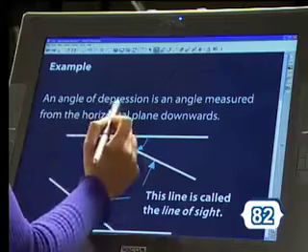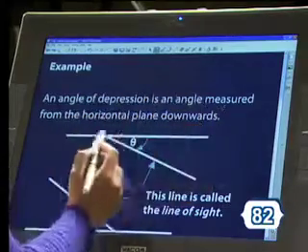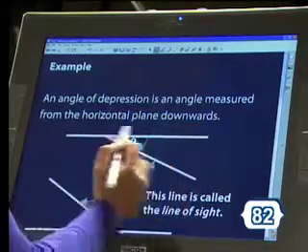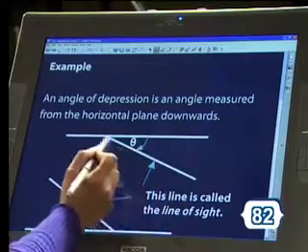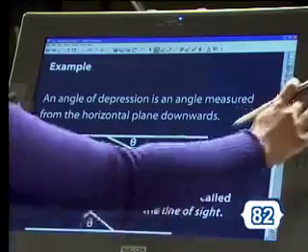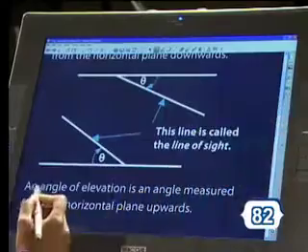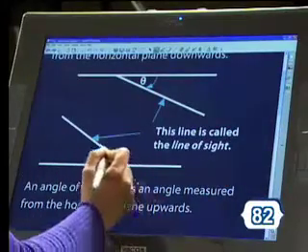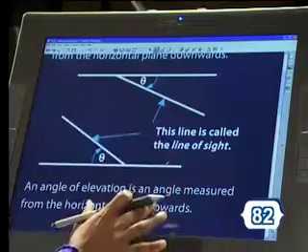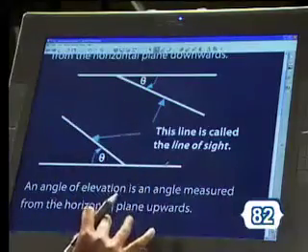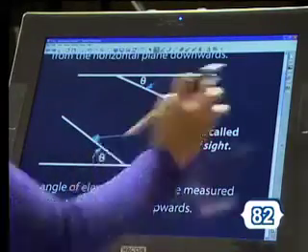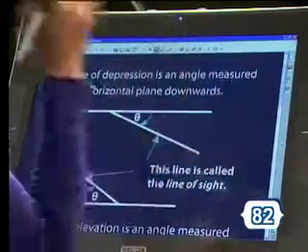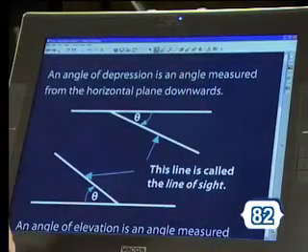So an angle of depression is an angle measured from your horizontal plane, and that's going to go downwards. So this is called the line of sight. The angle of elevation is an angle that's measured from your horizontal plane but upwards. So your angle of elevation is measured from the horizontal plane upwards, and your angle of depression is measured from your horizontal plane downwards. Now this will make more sense when we look at the example at the top of